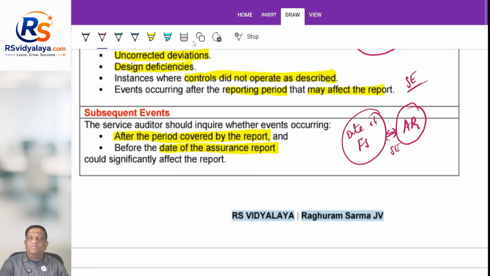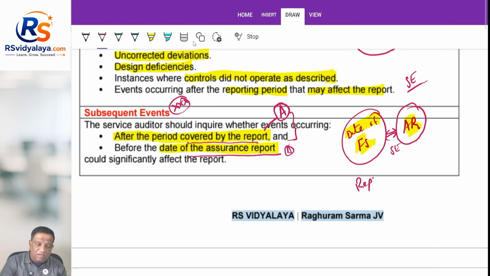So, the period till when you are reporting and the date of the assurance report. Any difference between A and B, because you do not have financial statements, then what is the cutoff point here? The point up till which you are asked to review the controls, and you are asked to issue the report on the controls. So, that period and the actual date of the audit report, the difference between them is what? It is like the report date.